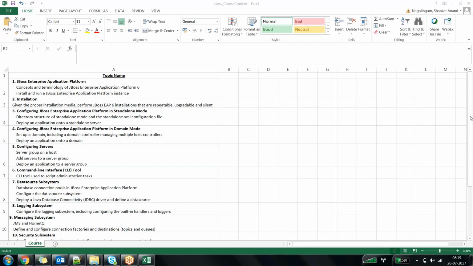Another commonly asked question is: Shiva, I don't have software, I don't have an operating system, what should I do now? Don't worry, I'll share the software: the operating system, the material, and the JBoss application server software. I prefer to do the training on JBoss application server EAP 6.4. But if you prefer version 7 or higher, kindly share the software with me and I can do that. Clear?